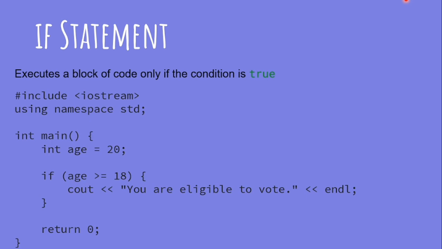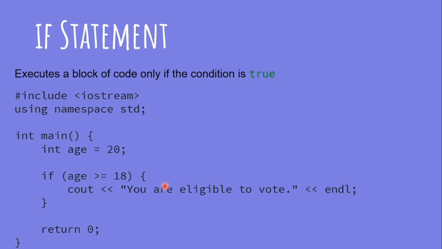Let us start with the if statement. What is the if statement? The if statement executes a block of code only if a condition is true. I will give you an example of the statement with the help of this code. First of all, we talk about the syntax of the if statement. First of all, we have to write the if. Then after that, we have to write the condition. After the condition, we have to use the curly braces. Inside the curly braces goes our block of code, so we can execute the block of code